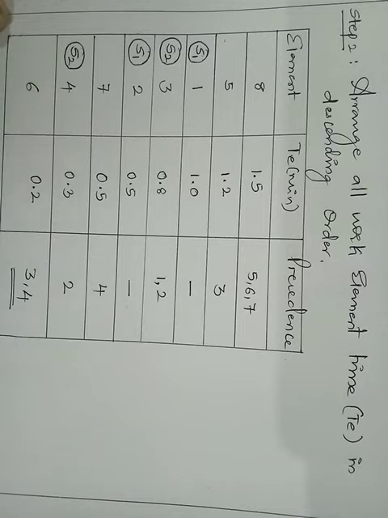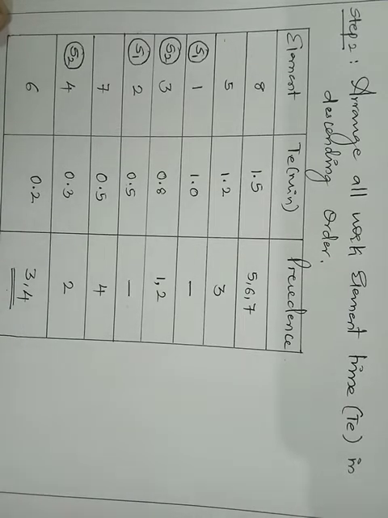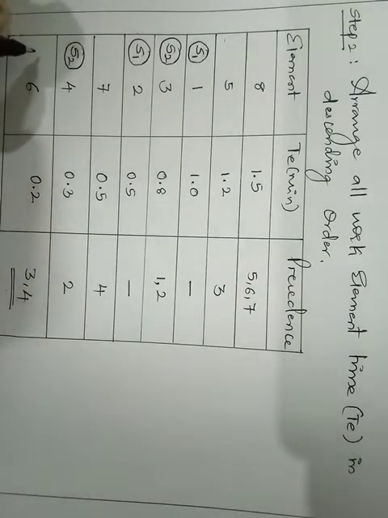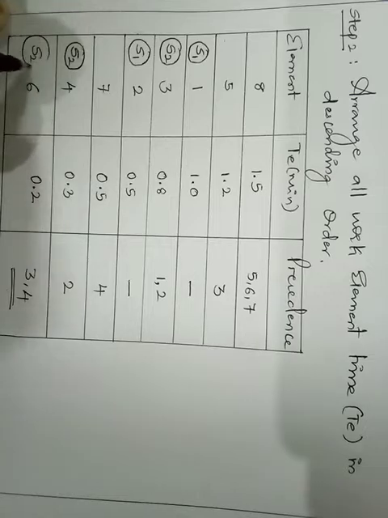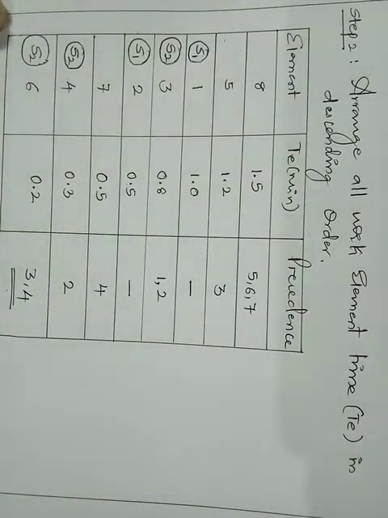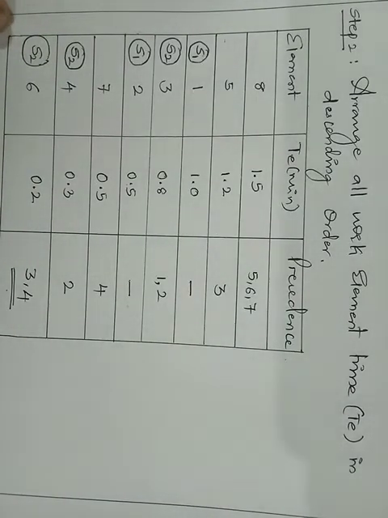3 and 4 I have completed. 3 and 4 are precedence. Time required is 0.2. I can accommodate 0.4. 1.1 is already available. 0.4 I can accommodate, but here there is only 0.2. So yes, I can take this on station number 2. So total sum of the element time will be 1.1 plus 0.2, which is 1.3, which is again less than 1.5, which is satisfying my second condition as well.